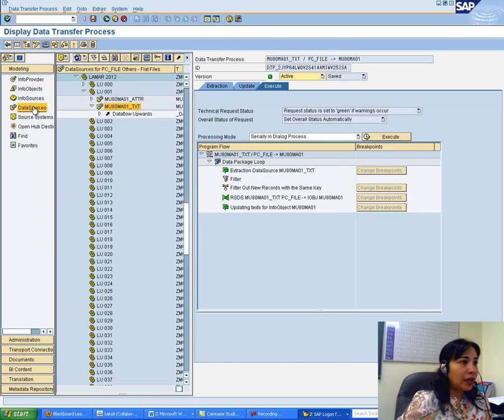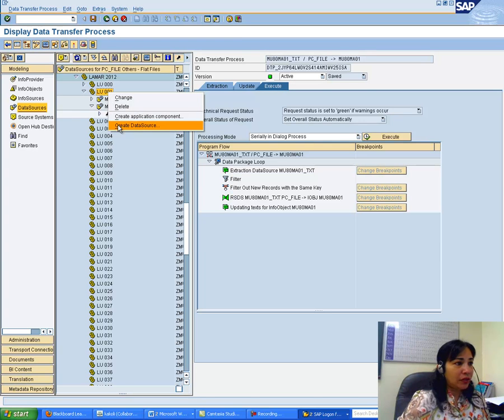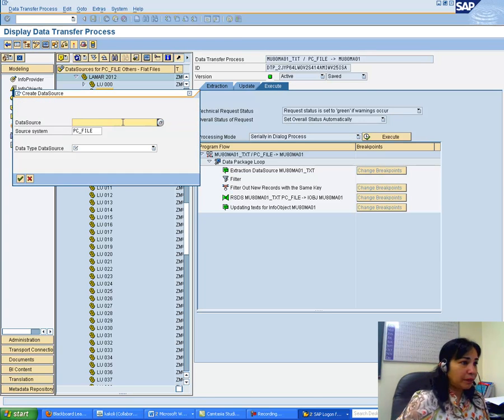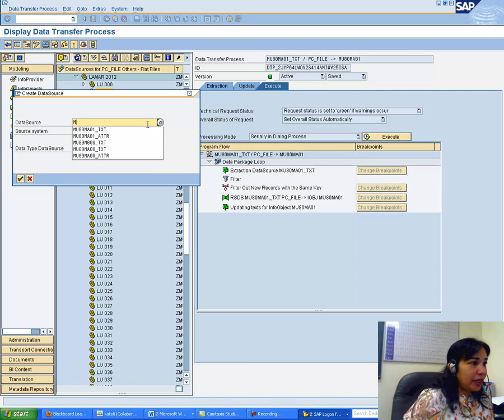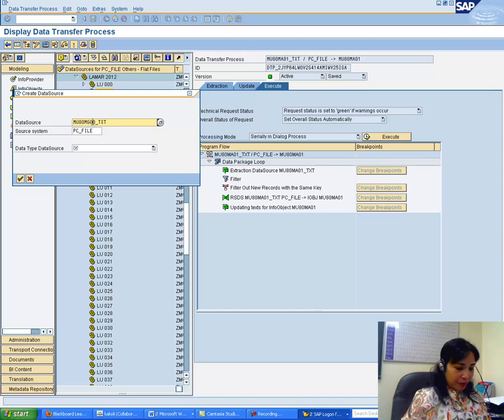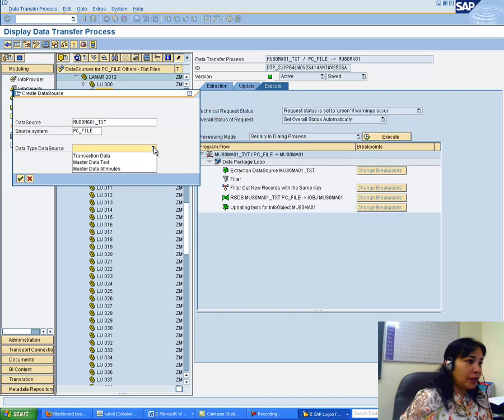material group flat file. Okay, so I come back to data source again, then I click on LU001, I right click, I create the 3rd data source now, which is my MU80, okay, MG01 txt, and data type source would be